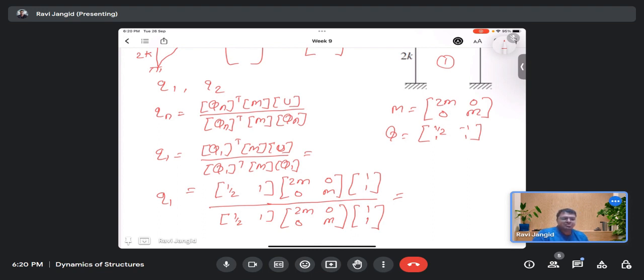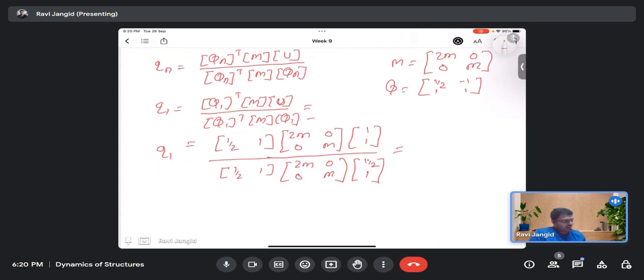Sorry, that should be 1 by 2, 5 1. That should be 1 by 2 because 5 1 is there. And similarly, you can find out the Q2 also. That is the phi 2, minus 1 1,